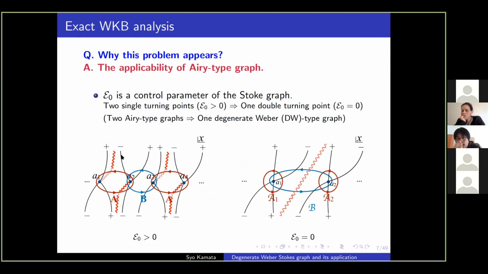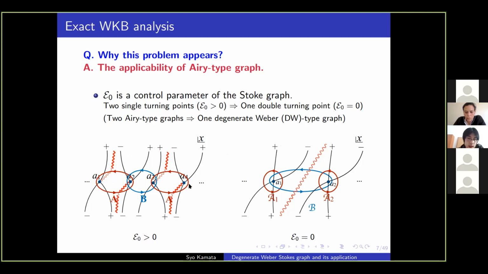I see. For example, let's assume we originally have Airy types. In this case, it has 1, 2, 3, 4, right? But now if we have three colliding, maybe it's going to be, I don't know, 6: 1, 2, 3, 4, 5, 6. So maybe this number is different. In this sense, it is a different connection formula if this number of Stokes lines is changed.